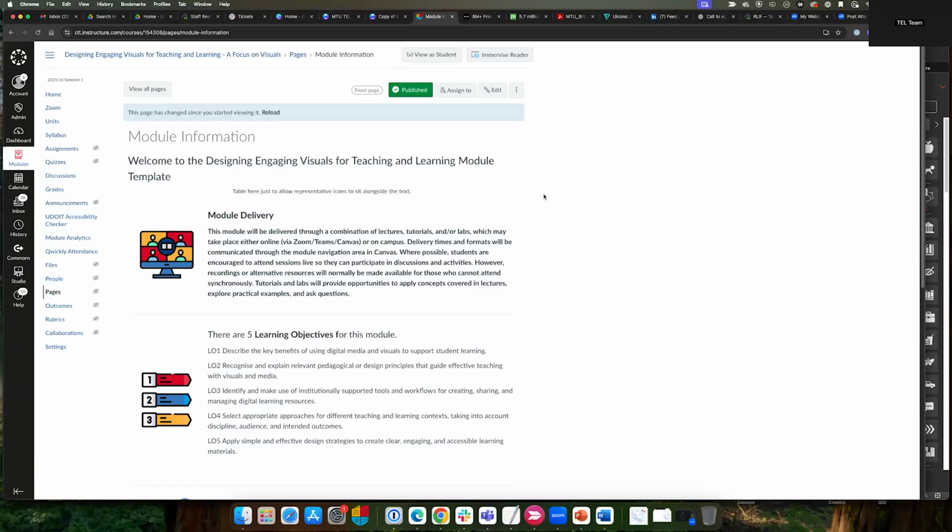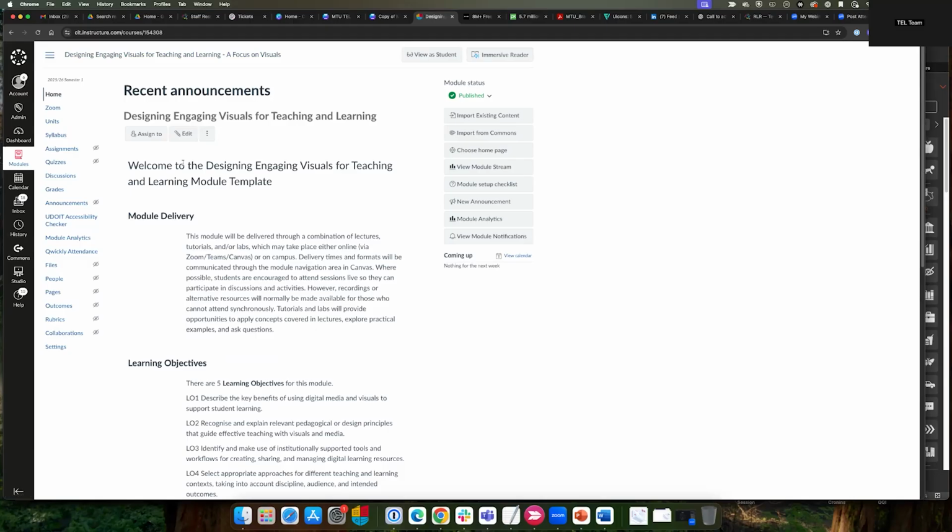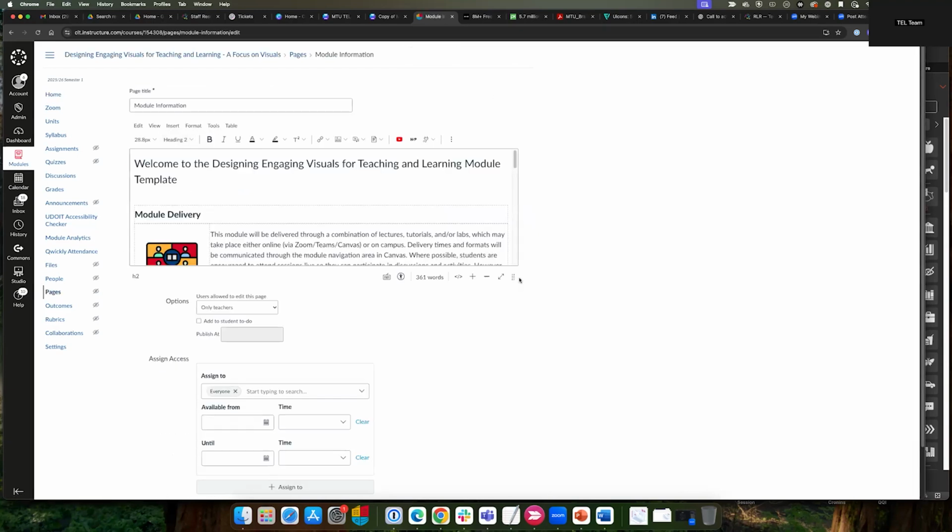And again, going back to some of the principles we were talking about in our design, we can see some of that in action here in this sample module that I've created for designing engaging visuals. So we can look at some of the elements, including the white space within the content, the relative size of objects. So if I go into edit this home page here,